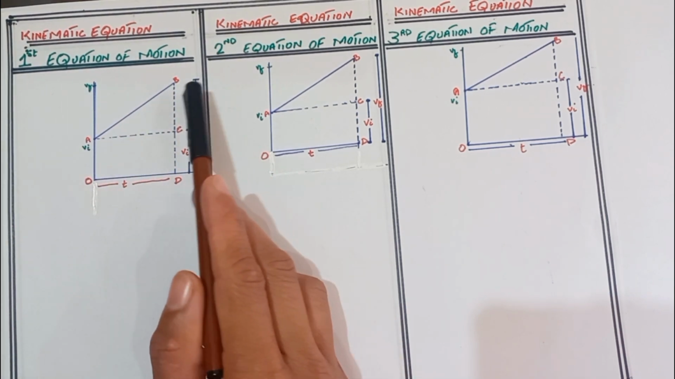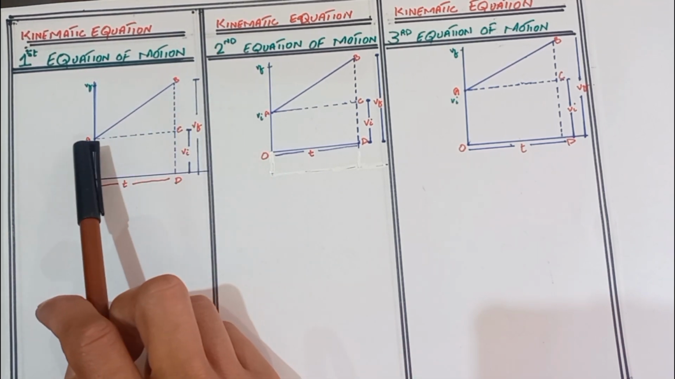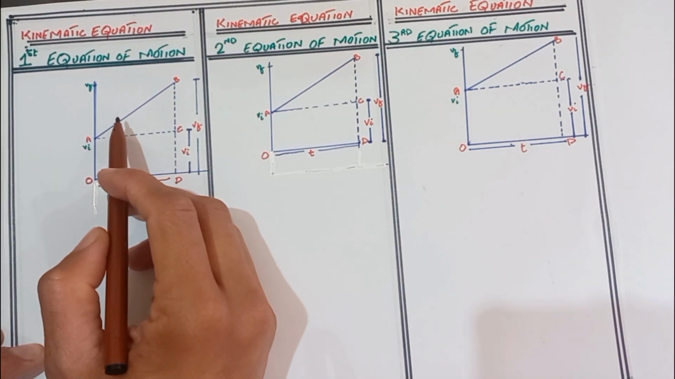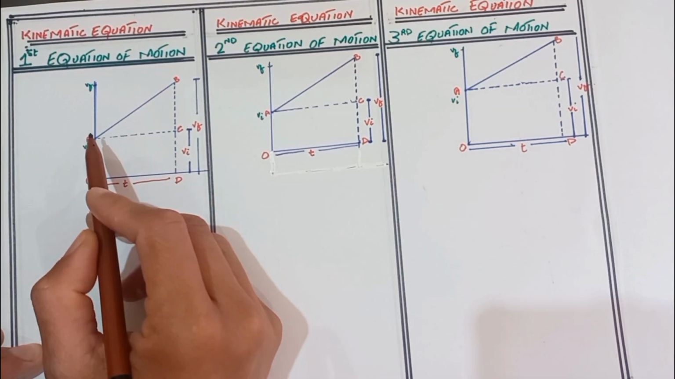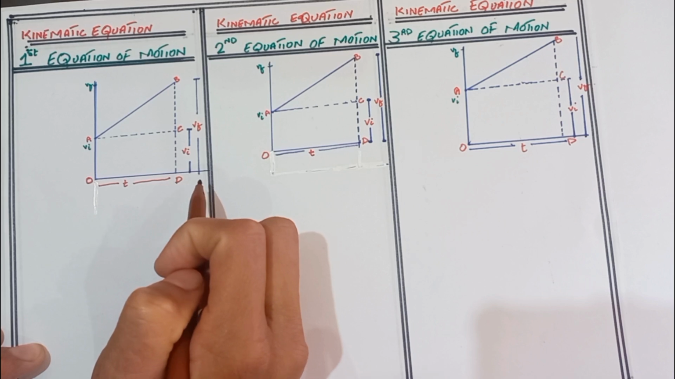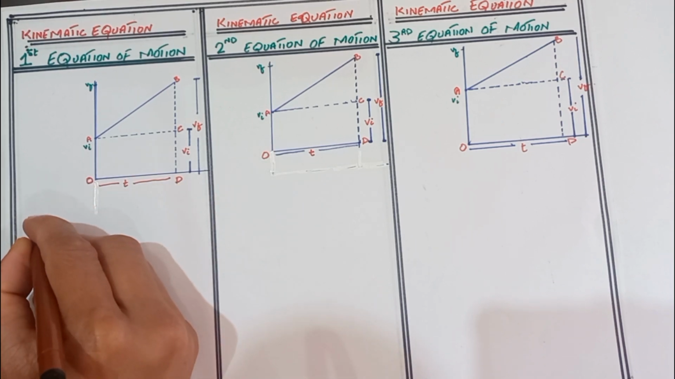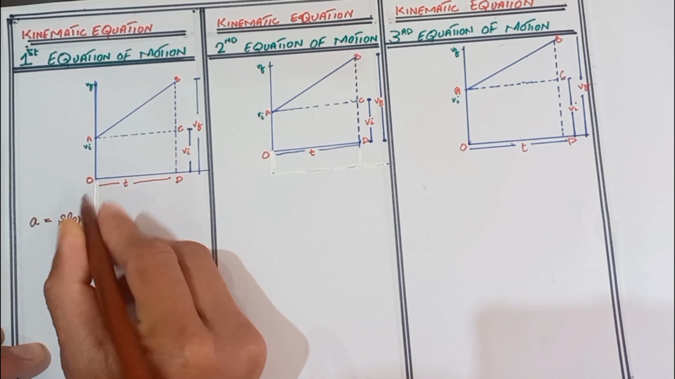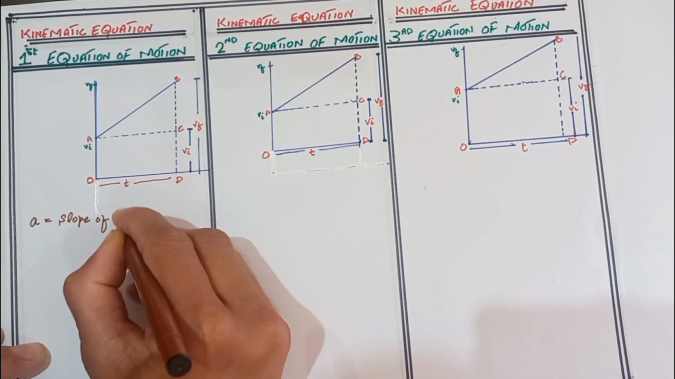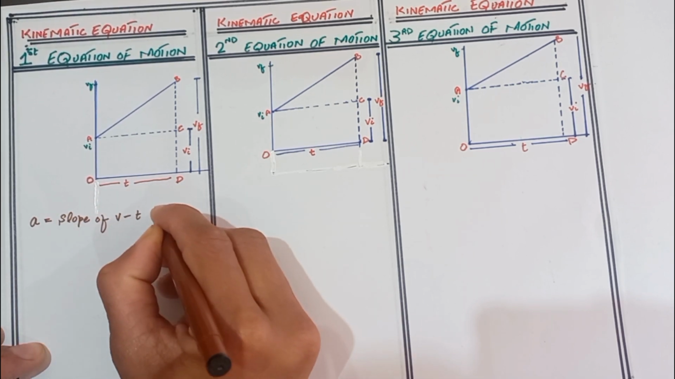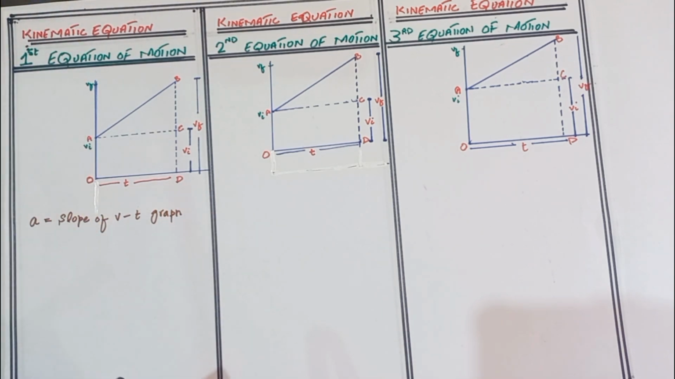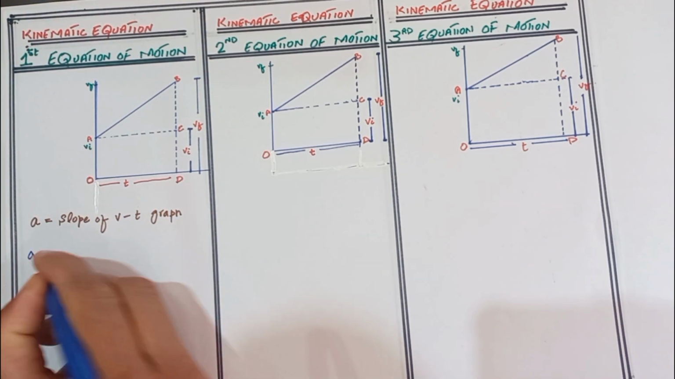Here we draw the perpendicular from B to D and join the points A and C. So we can find the slope from the velocity-time graph. The slope of the velocity-time graph is equal to the acceleration. Here we can write that slope is equal to